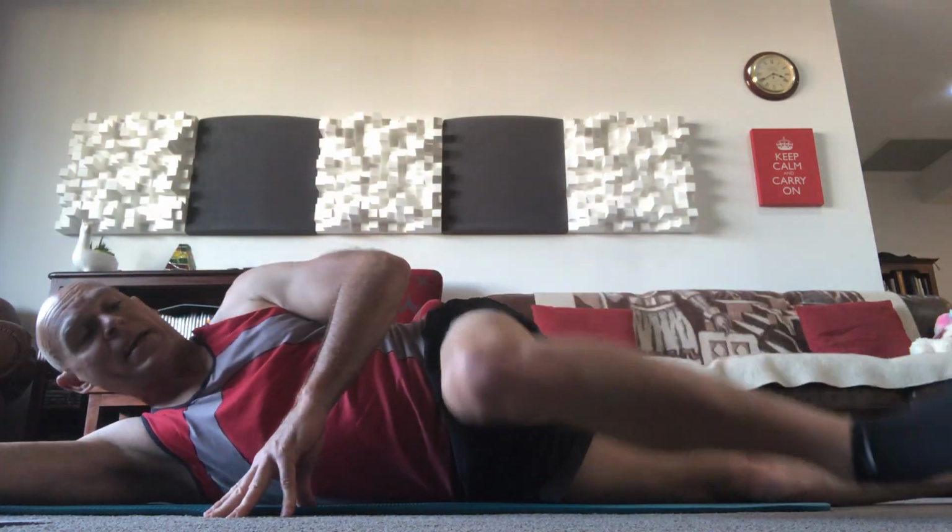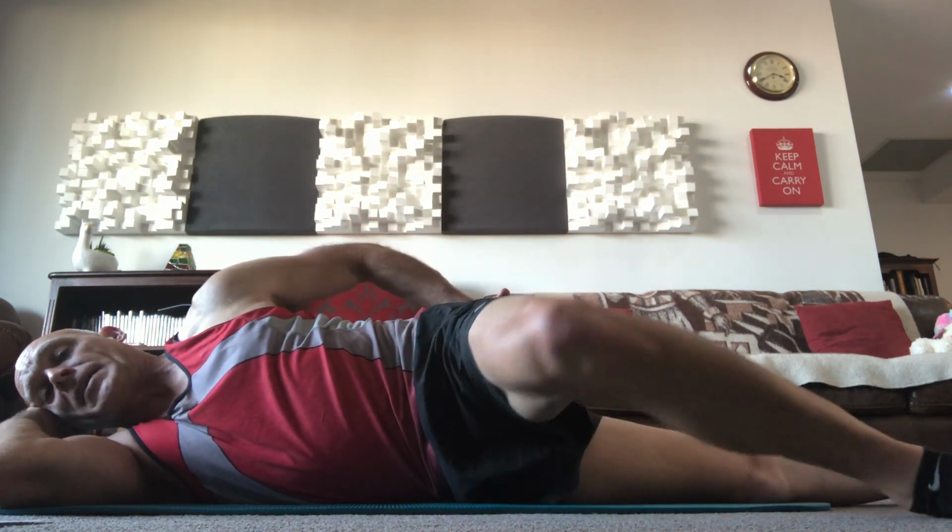And pure clams. That leg is in line with the body. This leg, we're going to bend to about 90 degrees. It won't matter because it's going to change anyway. Hips can be stacked, or you can roll that hip slightly forward. We're going to work through those back pocket muscles, our deep lateral rotators, and I'm going to just open up